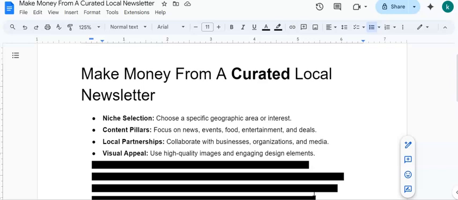But what we can do is we actually have a template and tools, and we can have a curated newsletter done in under 10 minutes, scheduled, ready to go, which means we have the rest of the week, because the one I'm thinking about is a weekly newsletter, to focus on growth and getting those subscribers. Now, if you're doing this as your 5 to 9 outside of your 9 to